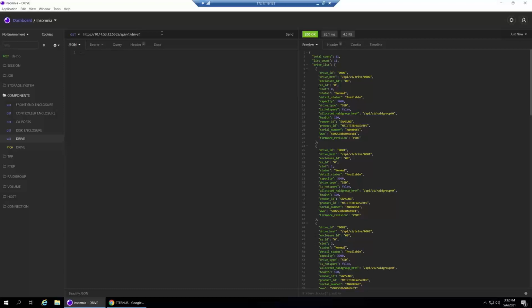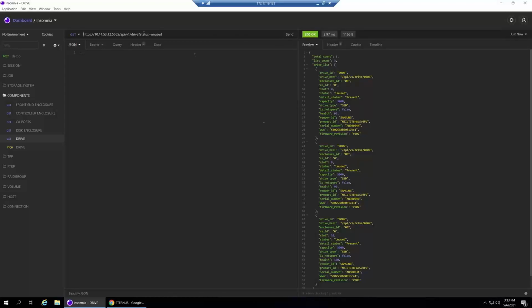So if I want to just select the drive whose status is unused, then I can do that with just a simple command and see what else is left, what's available for me.